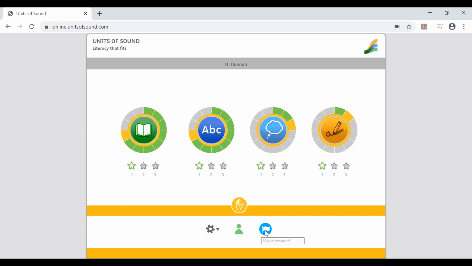Literacy That Fits is best used little and often. So 25 minutes, 3 times a week, for example, is a good amount of time. The Units of Sound team is always here to help, and you can ask questions via the Contact Us page on the website